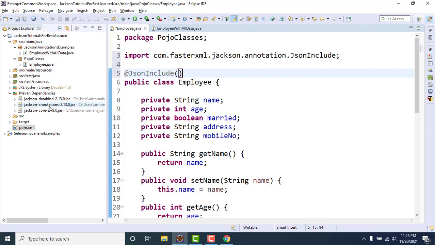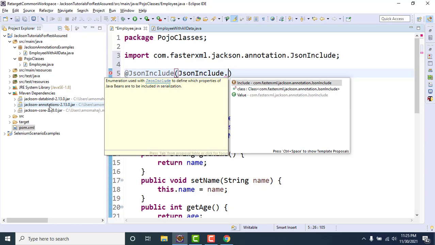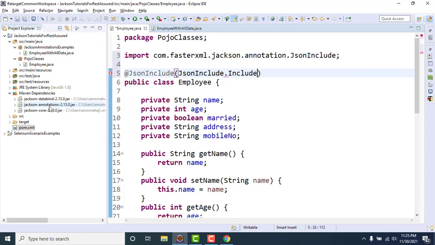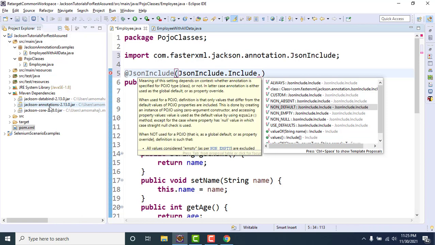We can use the JsonInclude annotation, with JsonInclude.Include, and here we have NON_DEFAULT.